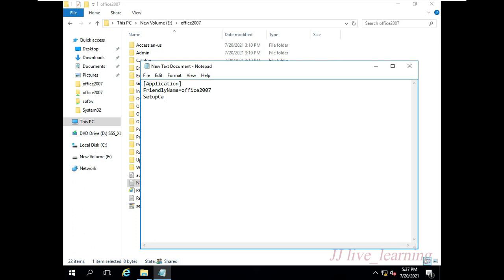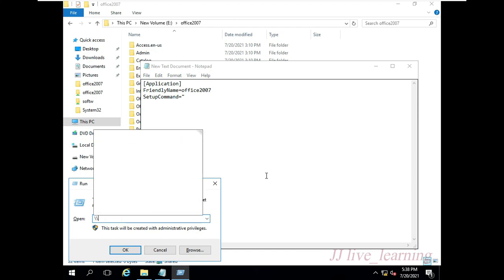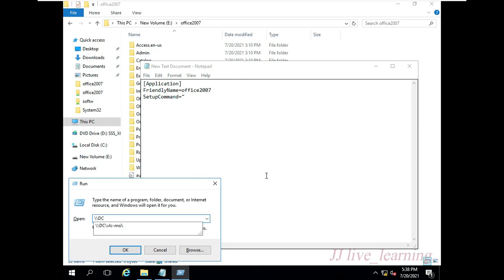The next command is one of the important things, setup command. Just go to your run command, give your local system name, slash, share folder name and your execution file. This is the root directory path of your software implementation to your clients.